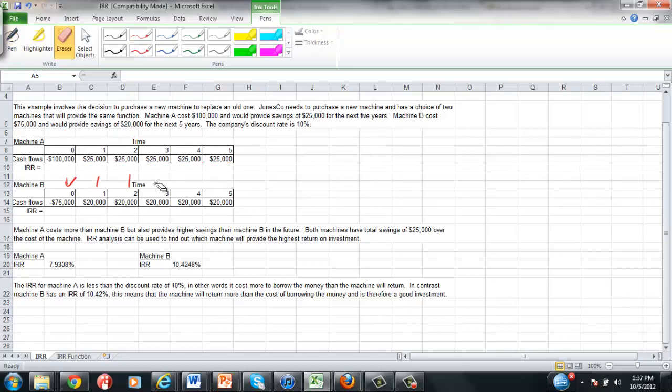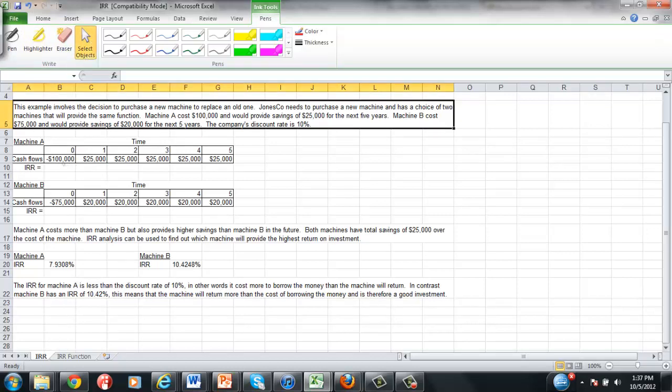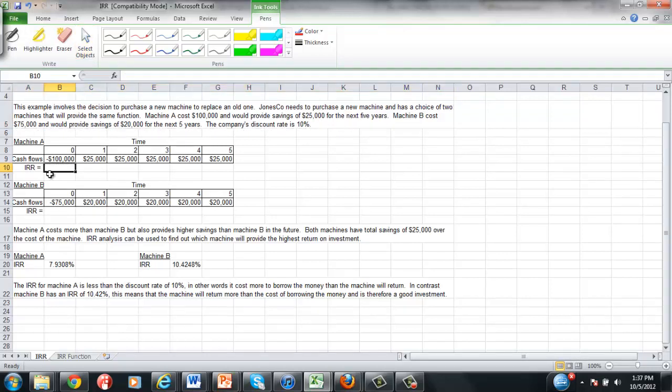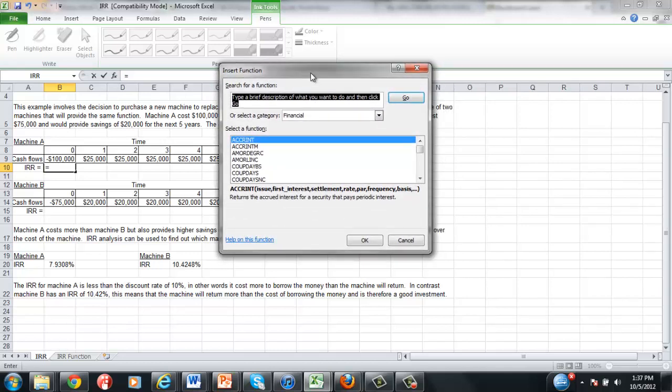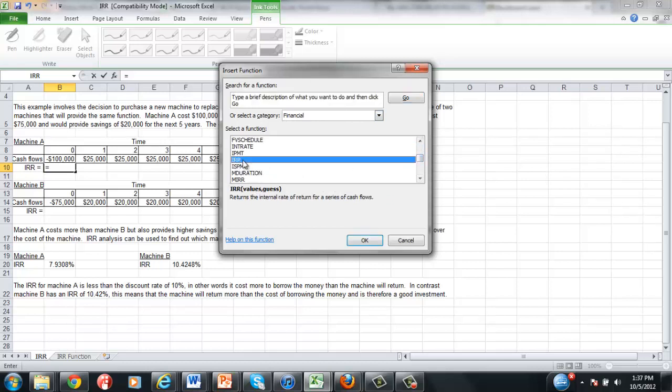So next let's select the IRR function in Excel. I'm going to click on cell B10, and I'm going to enter the equal sign so that I can highlight the function here. This function box will appear. I'm going to select Financial, and then I'm going to scroll down to find the IRR function. Once I click on the IRR function, I'm going to get